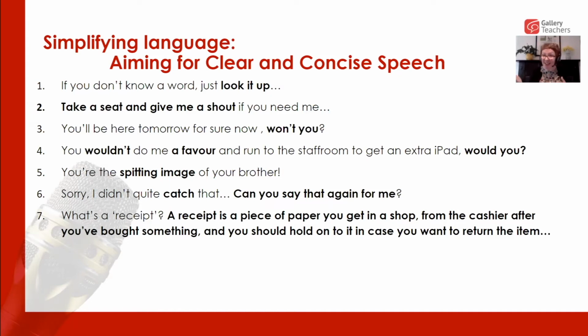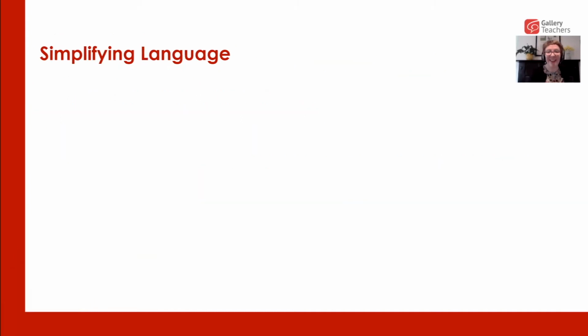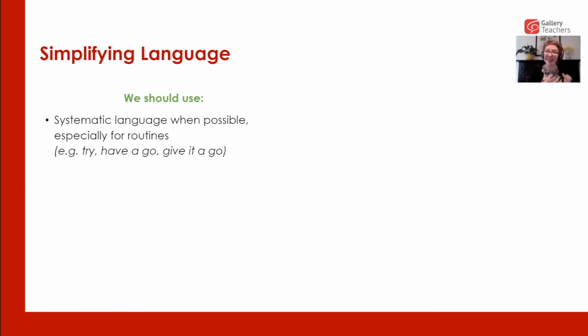Can maybe ask if anybody else in the class can help? But here the idea is that we have to be wary of lengthy explanations. Explanations in general, but especially the lengthy explanations. So, in a nutshell, words or phrases that we should try to use include systematic language when possible, especially when